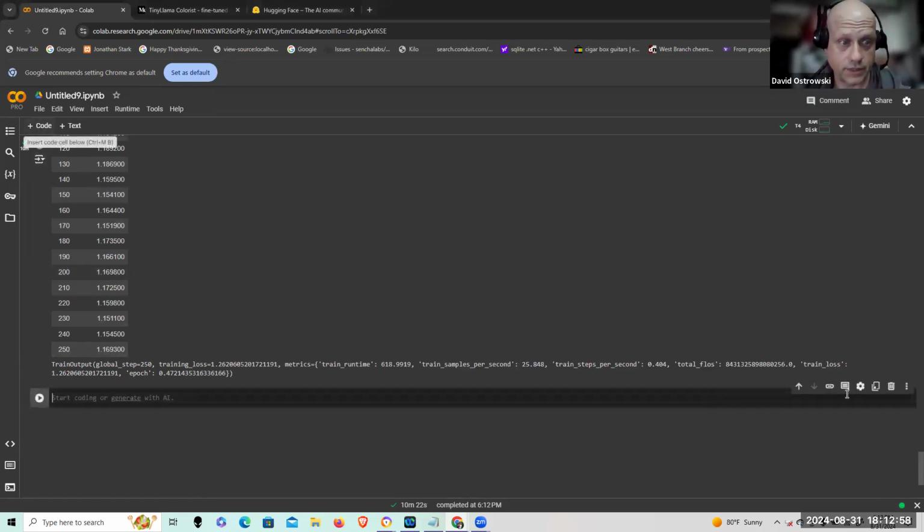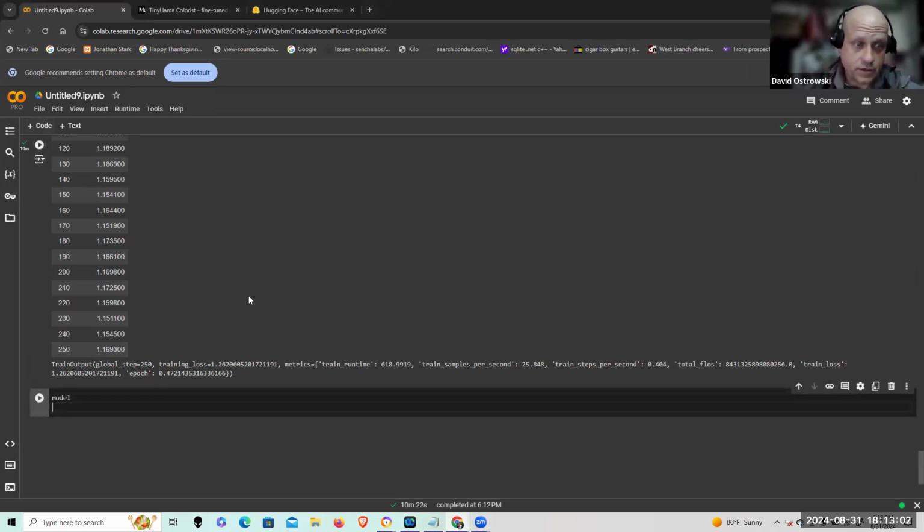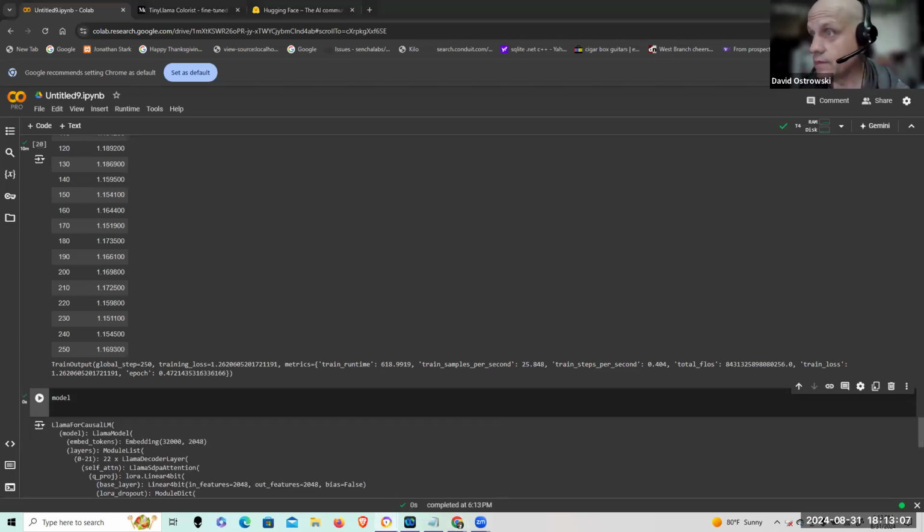So the training is complete. Okay, so we can complete on here. I can print out the attributes of the model that's generated here at this point, and we can take note of that and move forward. So now I'm going to take the existing TinyLlama, and I'm going to take the pre-trained model, which we just did right here with the colors data set, and we're going to leverage